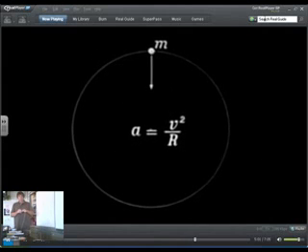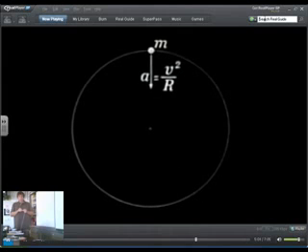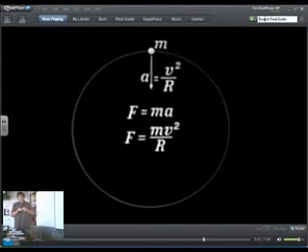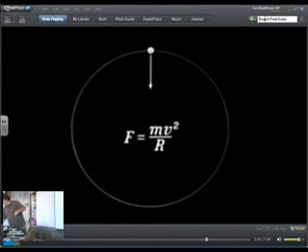If a mass m has an acceleration a of magnitude v squared over r and is directed toward the center of a circle, then, since we believe that Newton's second law applies to this kind of acceleration as well as to all others, we say that F equals ma, or F equals mv squared over r, and is directed toward the center. This force acting on the body, necessary to keep the body moving in a circle,